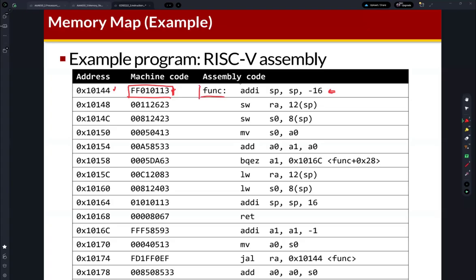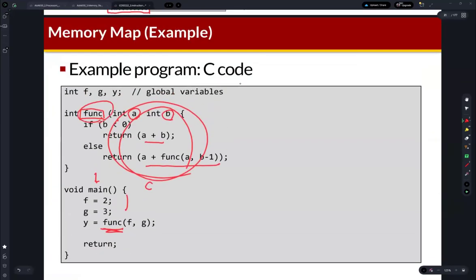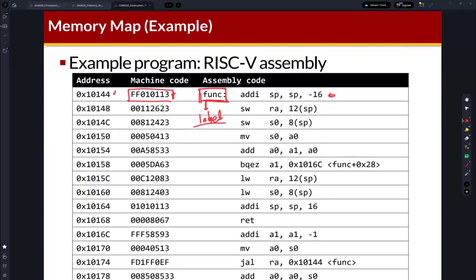And then this is a label. The label represents the address of this line. You can find that the label name is func. So what does that mean? This is the start point of the func function. Then what is the address of this start point of the func function? The address is